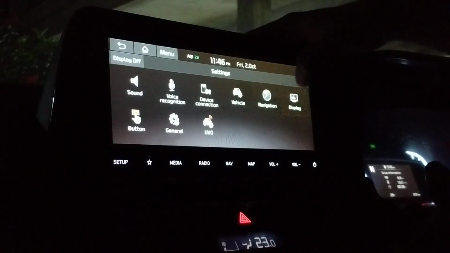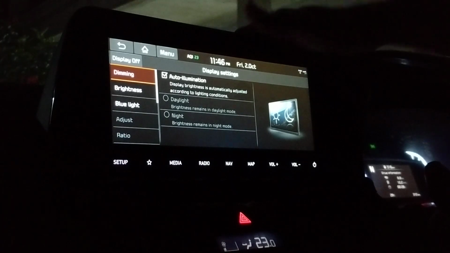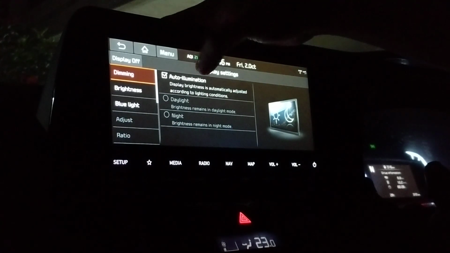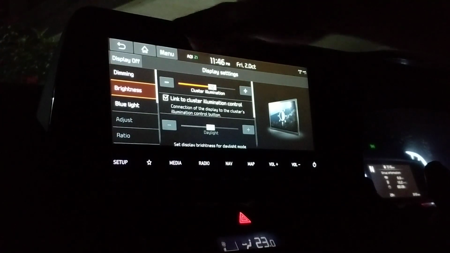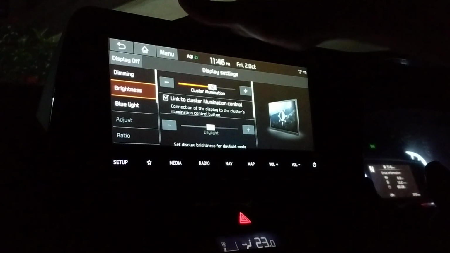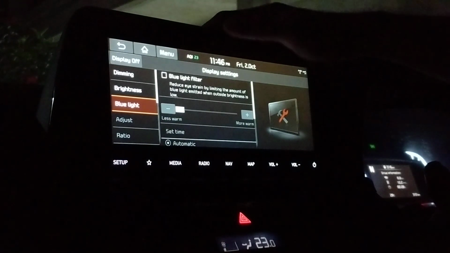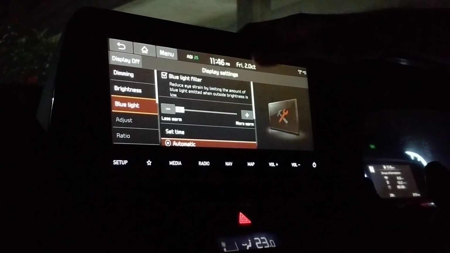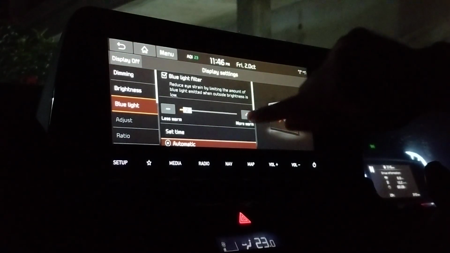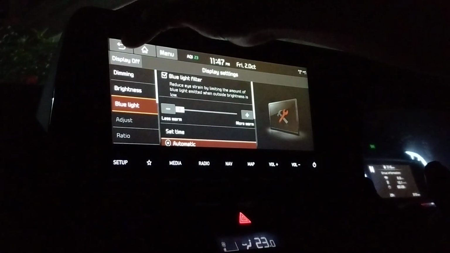I've already told you about the navigation. And display setting is something about this particular display, which is a 10.25 inch display. So it has auto illumination, which will reduce the brightness according to the outside lighting, and then brightness is something which you can reduce or increase by yourself. And blue light reduces the strain on your eyes. So at night if you are driving and you don't want this light to be there, you increase it. You see that there is a dimming light over here. You can increase or decrease. It just behaves like what is there in your phones, right?